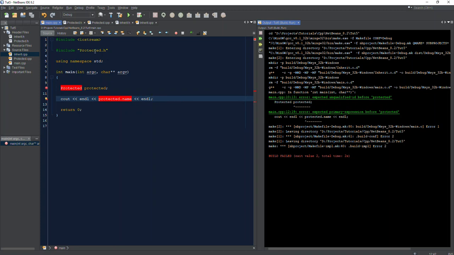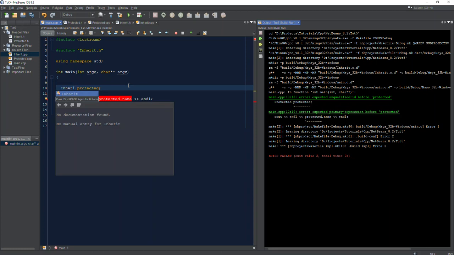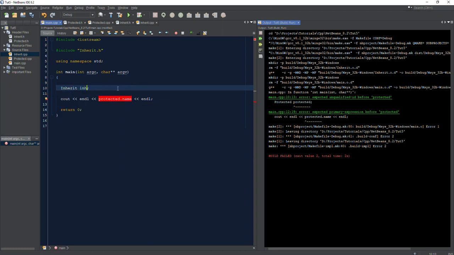Instead of going for protected, let's use the inherit class, instead of protected, because inherit is inheriting the protected class, and hence we have the name. So we are using the inherited class and not the protected class, and the inherit class is inheriting the protected class, hence the name is actually